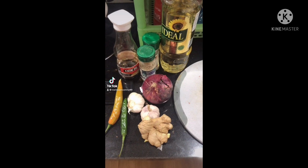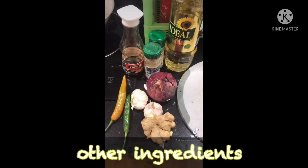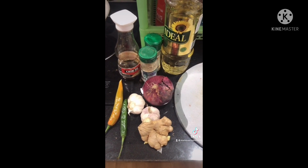Alright, so here are our other ingredients. So we have onion, garlic, ginger, and chili. And then we have also there the garlic powder, salt, and then we have bell pepper. So you can just mix them all up so that it